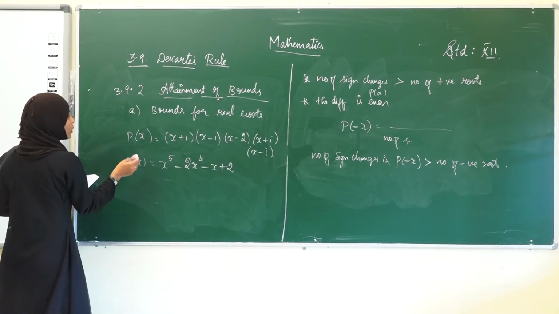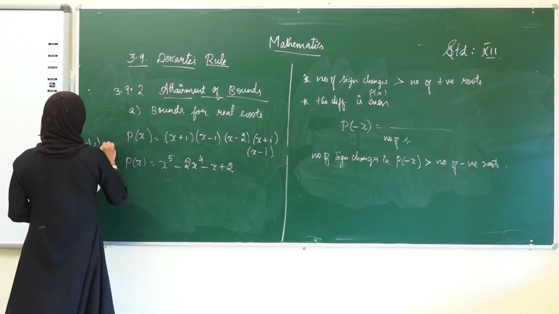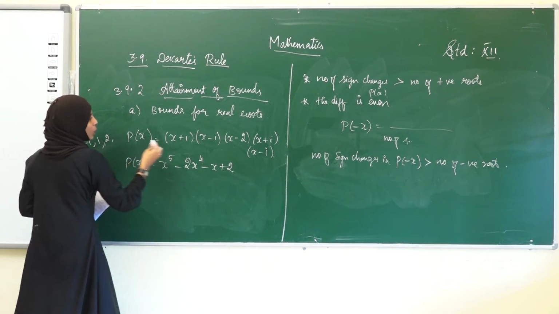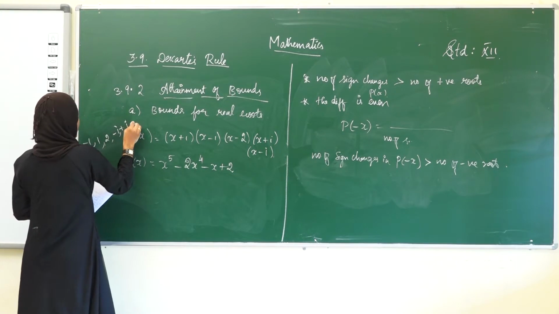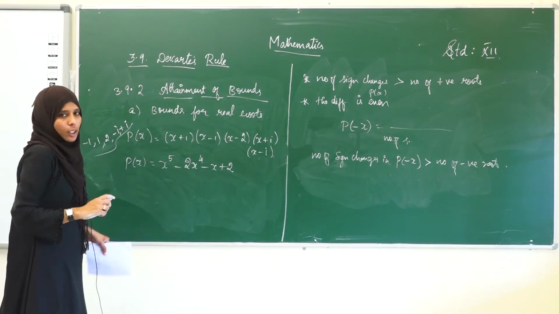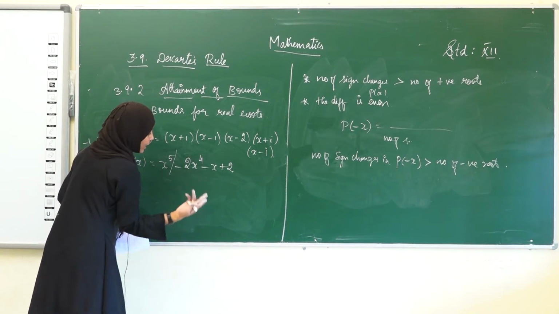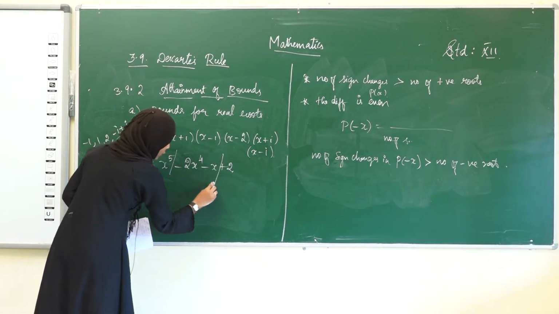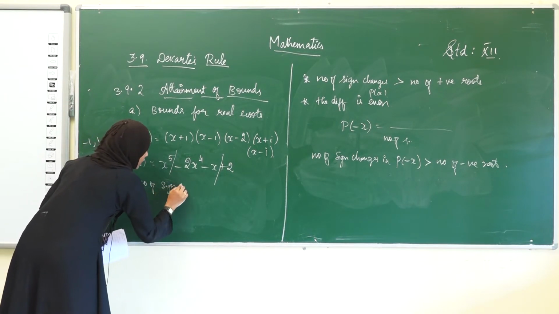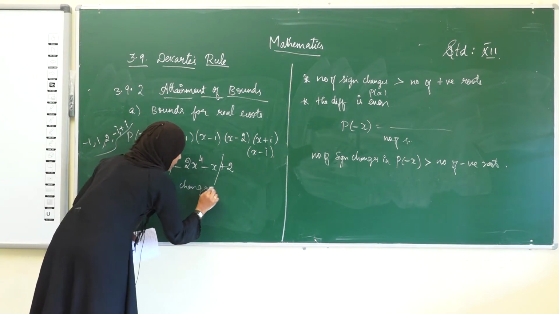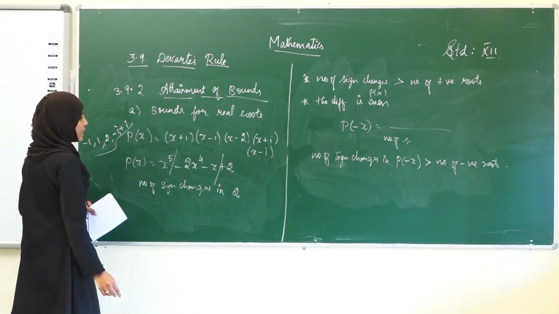Okay, see, what are the roots here? From this we have minus 1, 1, and from here we can take 2. Here it is minus i and plus i. These are the 5 roots of the given polynomial. Okay, see the sign changes here. It is 1, and here it didn't change, and here it has changed, it is 2. Therefore, the number of sign changes is 2.